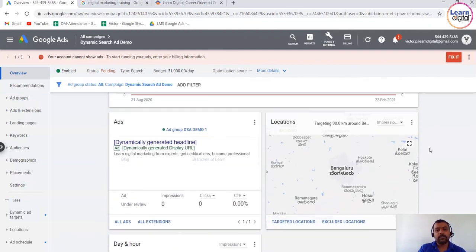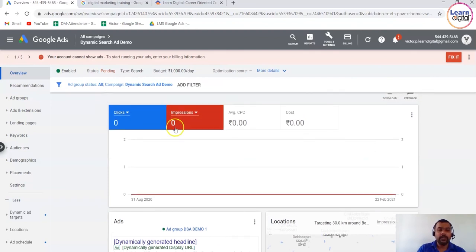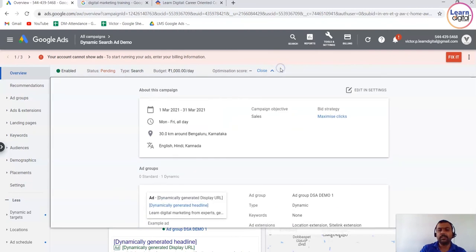All right. So this is the place where you can see the overview. So can you see this? The campaign, it is enabled. You can enable the campaign or you can pause the campaign, and you can see other options. So if you enable it, you'll be able to see the status pending. That means your campaign is under review. It will take 3 to 3+ hours to get your campaign live. Then what kind of campaign you are creating, the budget and optimizing score, all the details you'll be able to get here. All right.